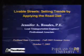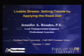Well, I'm Jennifer Rosales. I'm a senior transportation engineer at Parsons Brinckerhoff. I work for PB PlaceMaking, which is a service center of PB specializing in coordinating transportation and land use. I have a bachelor's degree in civil engineering from Oregon State University, and this research that I'll be talking about